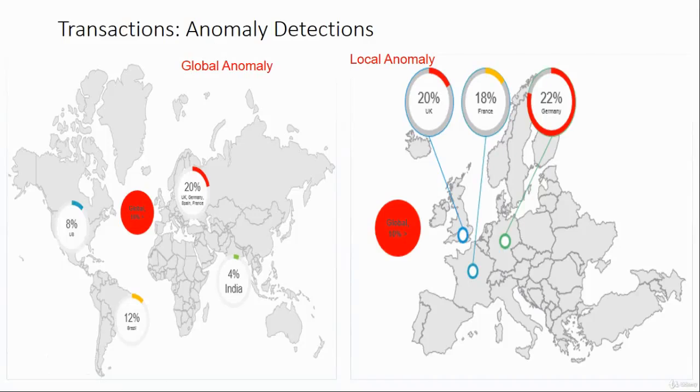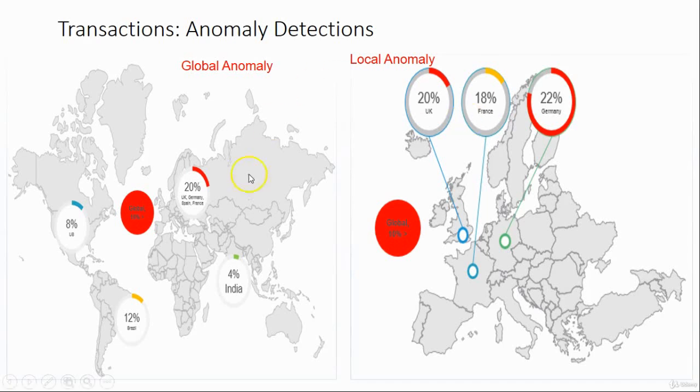And from the transaction point of view, many banks have global transactions. In case of global transactions, they also face a lot of brute force attacks. If they are able to figure out in which area the brute force attack is happening, let's assume it is happening on the Europe side, then you can get into detail about which country in Europe, and keep going down to the bottom level and identify where the transactions are really happening, and so on.